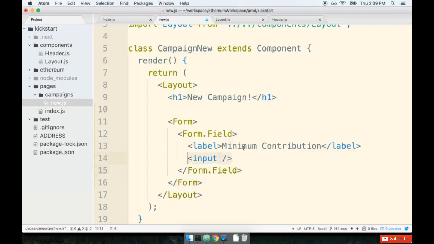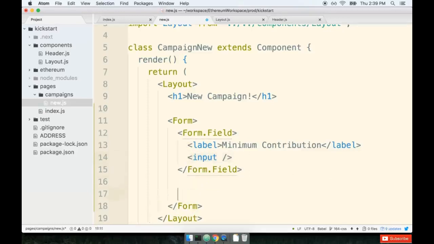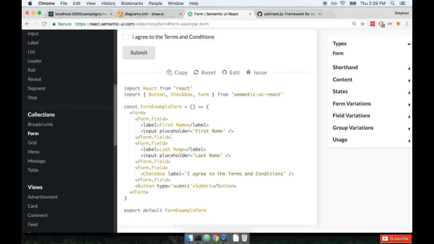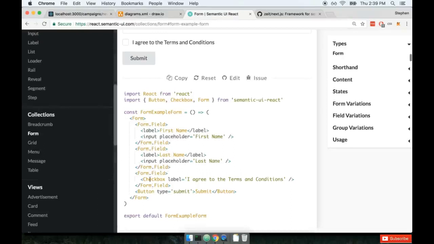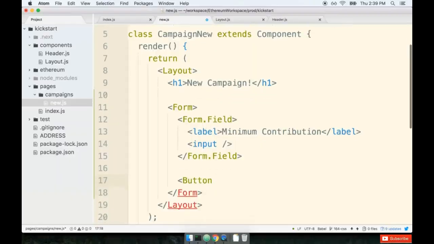We're not going to add any additional properties on the input just yet. We'll come back to the input in just a second and wire up some additional event handlers and whatnot to it. But first, let's just place that submit button. So we also want to have a button on here. We're going to mark this thing as primary, just like we did previously. Remember that primary on a button gives it that nice kind of blue look that draws the user's eye to it. So we'll say button primary, and I'll give it the text create,